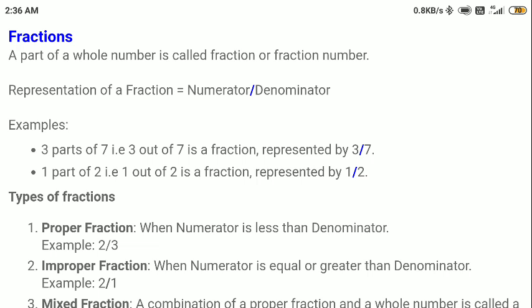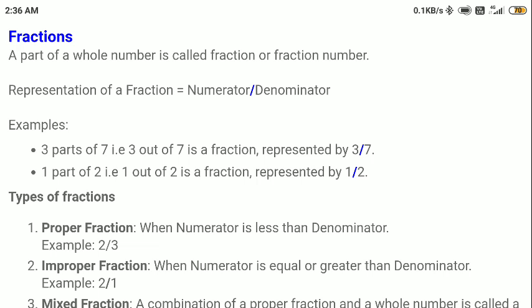So I have given one part of the whole watermelon. I have given half of the whole. That means one part of the two parts, because I made two parts and out of those two parts I have given one to my friend. So 1 out of 2. I am also having 1 out of 2. We say that as half, because 1 by 2 is half. So a fraction is anything where something is not complete or whole. It has some parts, and those parts are not complete.